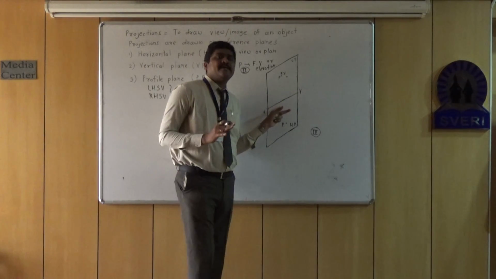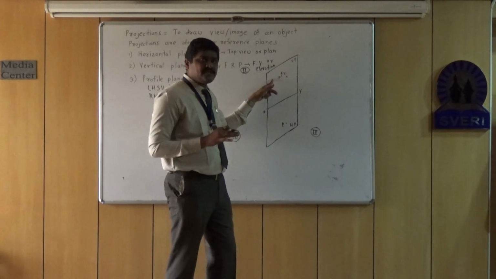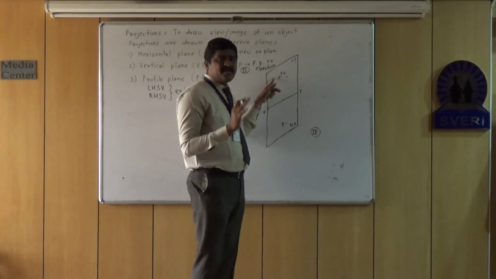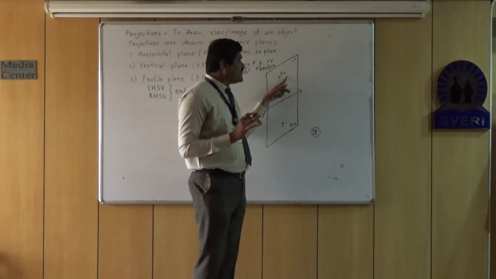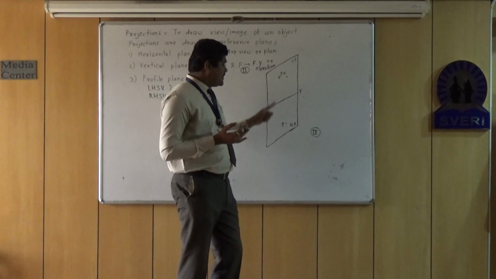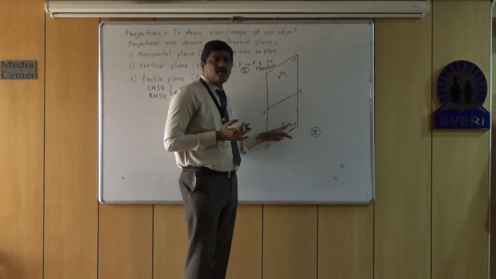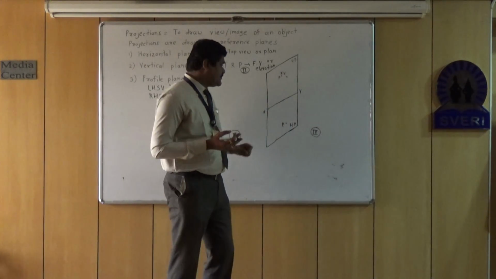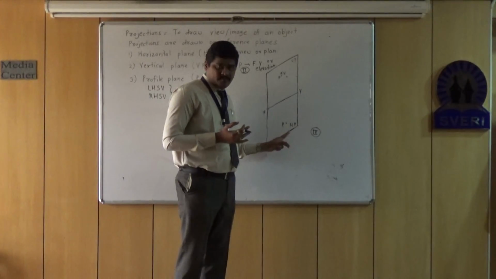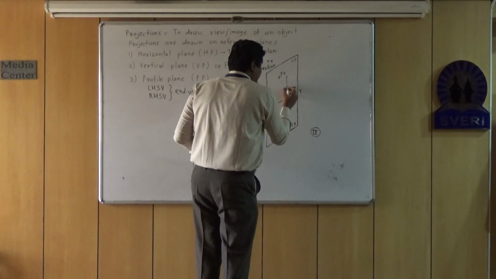The reference plane above the XY is VP, in which we obtain front view of the point, which is nothing but P dash as per our notation. Then the reference plane below XY line is HP or horizontal plane, in which we obtain top view of the object. The front view and top view of the point